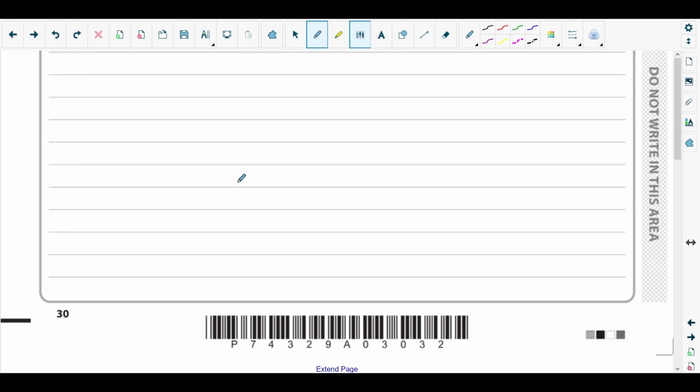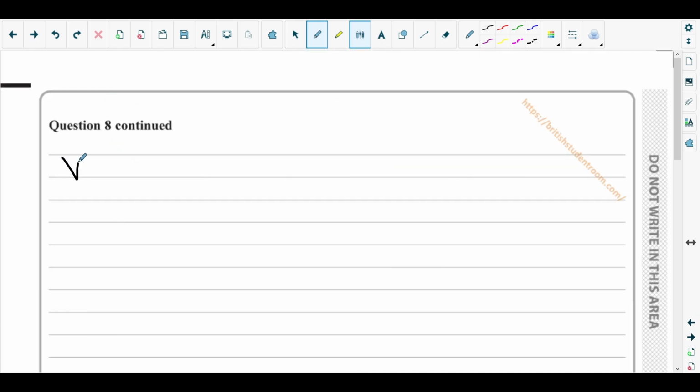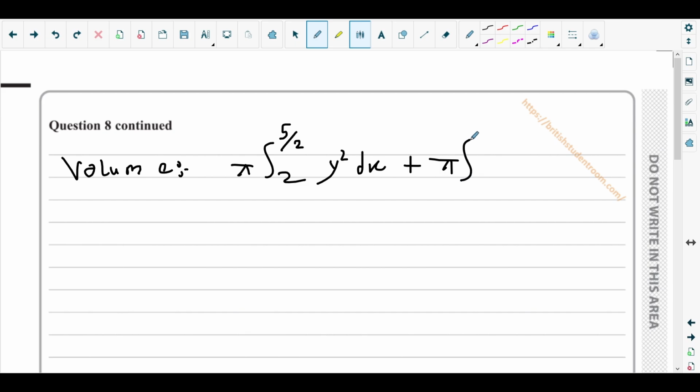Okay, now it's integration. Volume. So volume would be what? Pi integration for the curve. It is from P to Q. Point P is 5 over 2, and point Q is 2. Okay, y squared dx plus pi times integration for the line L, for the volume of revolution under line